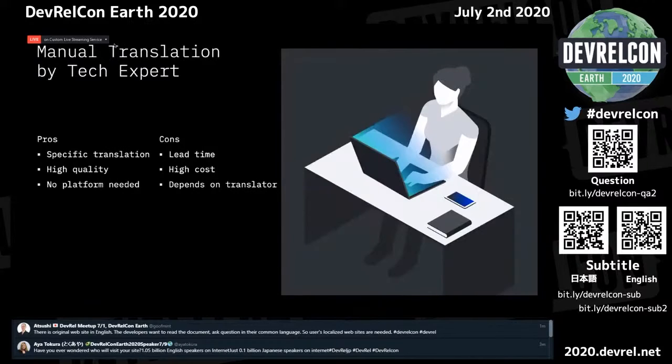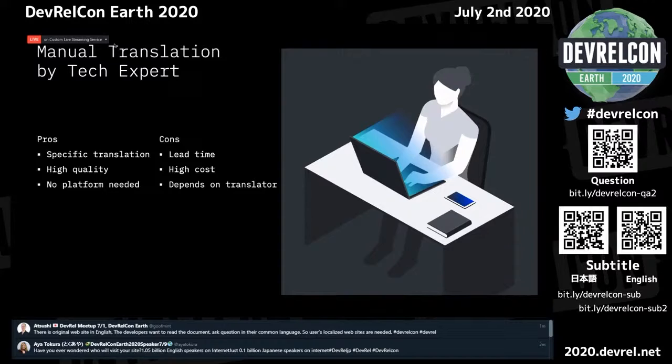On the other hand, the manual translation case by a technical expert. Of course, it also has pros and cons. Pros: for example, specific translation, of course by a specific technology expert, right? So specific translation is possible, and high quality, and no translation platform is needed.